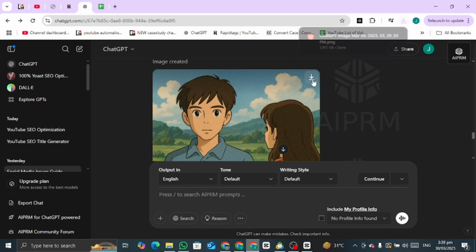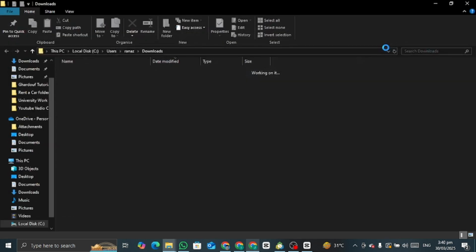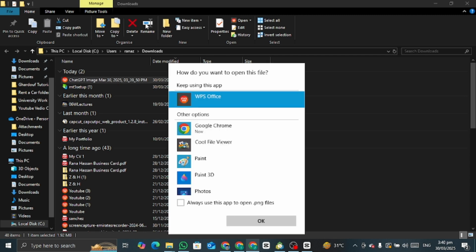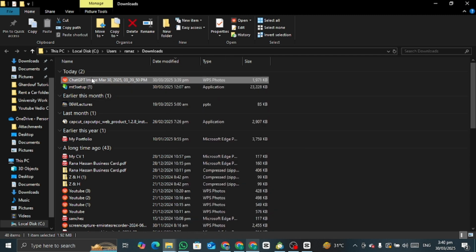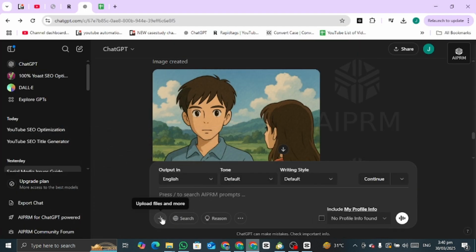You have to click on download and it will be downloaded. Okay, now as you can see, the image has been downloaded and successfully saved to our device. So now you have to just click on upload files, where you will see this add button. Click on this,